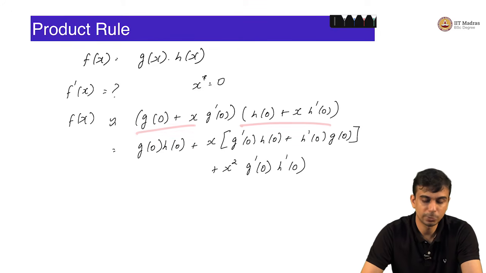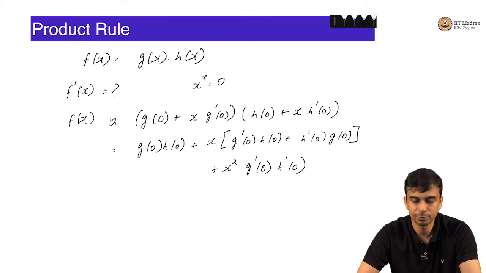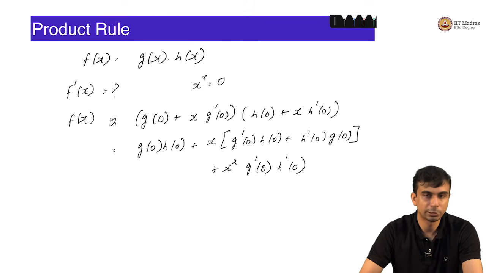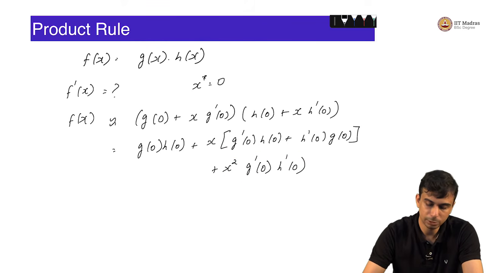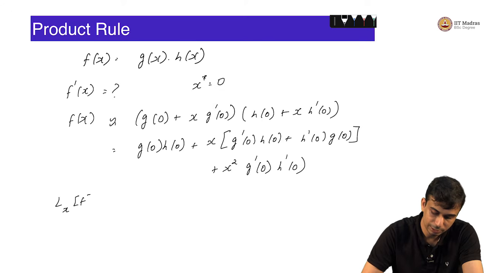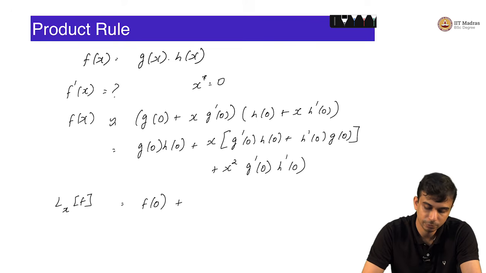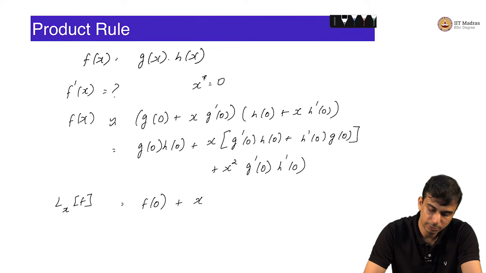You did a linear approximation of both the terms, but you ended up with a product. You have something else, you have a quadratic term also. So, if you want a linear approximation, you can just ignore the quadratic term here, and that means that your linear approximation of f is simply equal to g of 0 into h of 0, which is exactly equal to f of 0, plus x into f dash of 0,